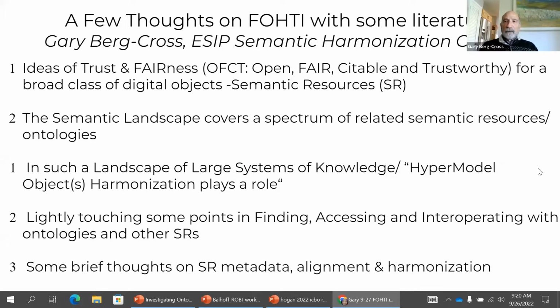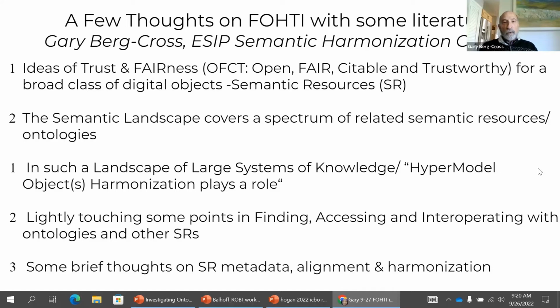So I include a range of semantic resources besides ontology because they turn out to be important as part of ontology. So vocabulary is obviously part of ontologies. So I take a somewhat broader view about how these things interrelate. And if you do that, you quickly get into a great complexity. And so a fellow named Morton discussed the idea of a hypermodel, things that are very complex